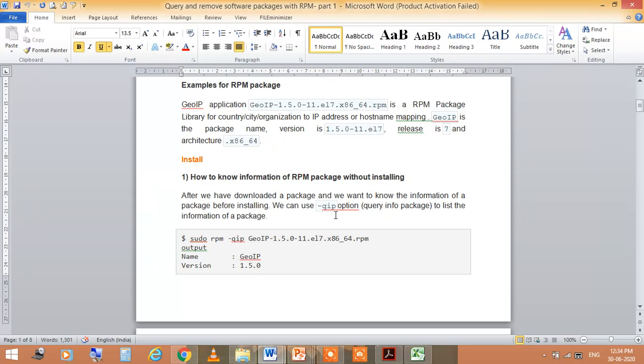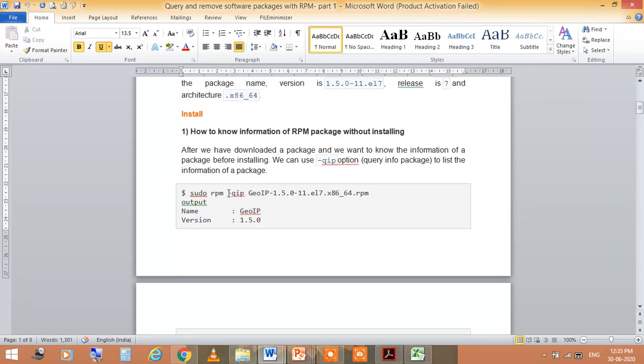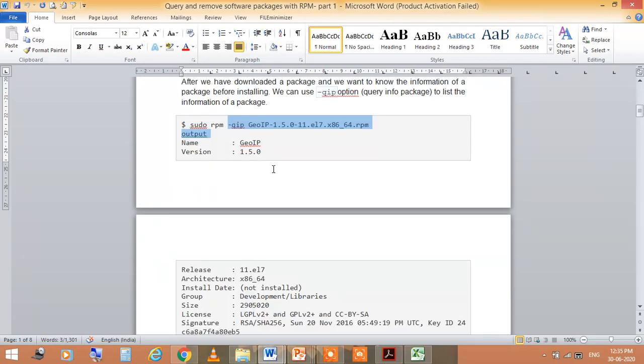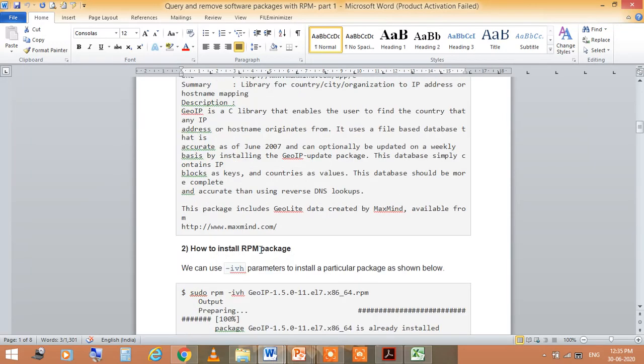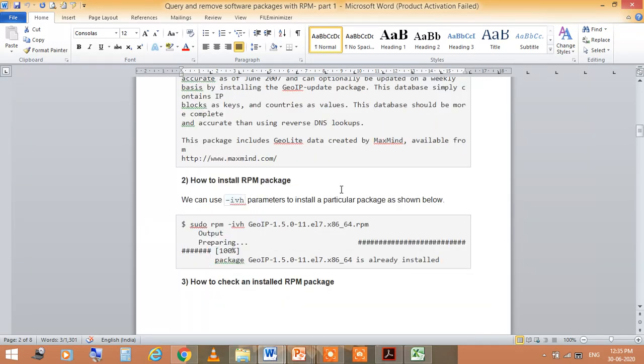After we have downloaded the package and we want to know the package information before installing, we use the -qip option to list the information of a package. You type this -qip and the whole thing will display without installing, like GeoIP, version, release and all this information you can see here.